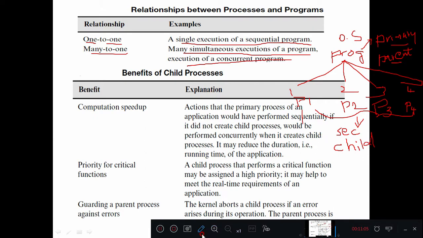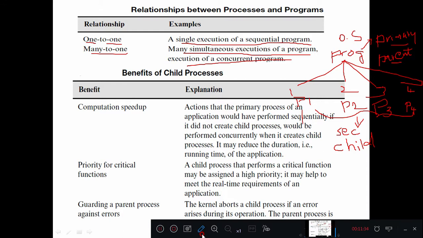So I hope you understood the relationship between a program and a process, that is, one-to-one relationship or many-to-one relationship. In case of one-to-one, we don't have different processes like primary and secondary process. You have only one program, and the operating system will generate only one process. But in a computer system multiple programs are running, so it is a bad idea to generate only one process for one program.